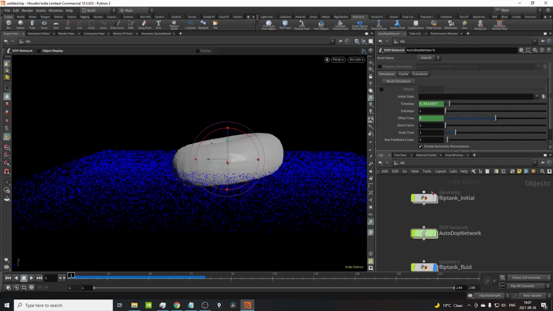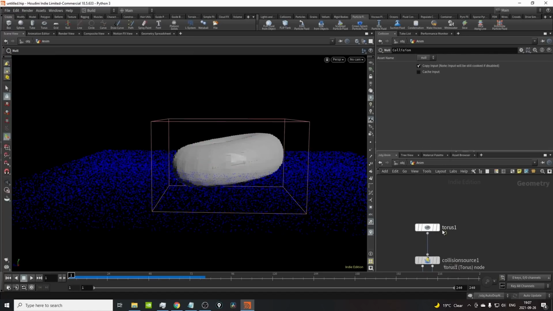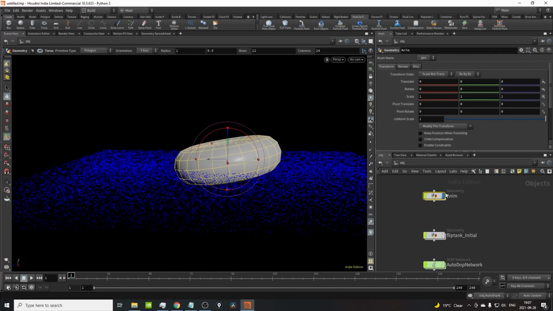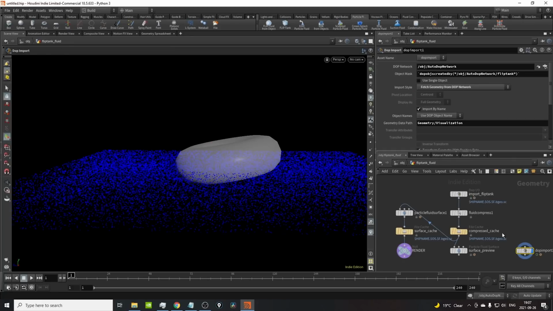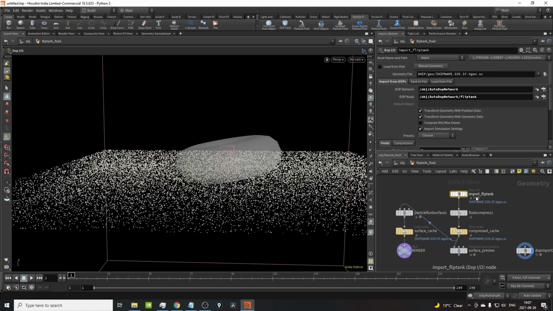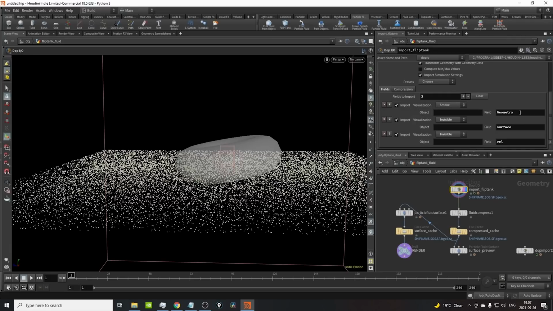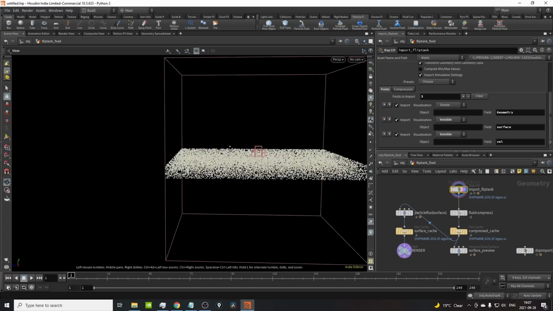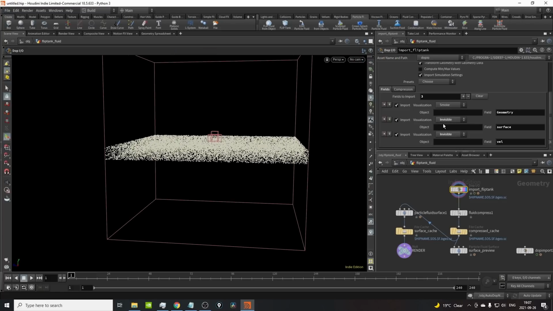So the way we cache this out, let's not look at that donut, let's look at a nicer one. The way we cache this out is by going into the flip tank fluid here, which is just a geometry SOP. And in here, there is an import flip tank node. And this guy looks at our DOP network, looks at our flip tank object, and then brings in a bunch of these objects that we saw contained on the flip object, right? Brings in our geometry, which is just all the particles. And then it also brings in a surface layer, which if we show this guy,